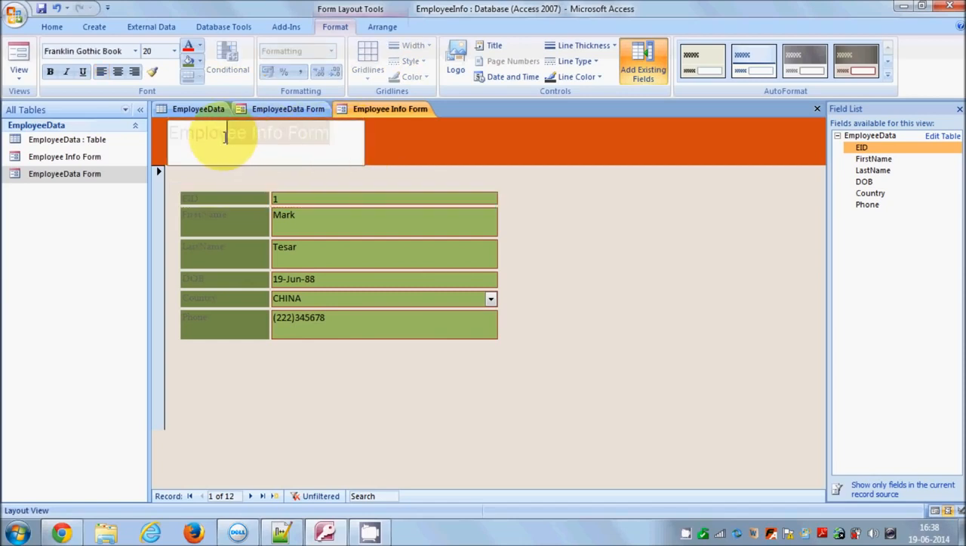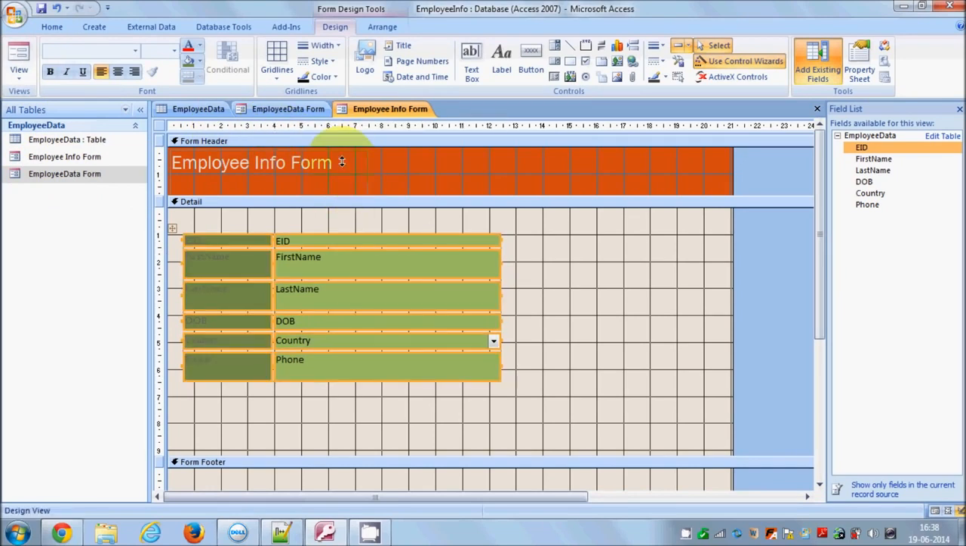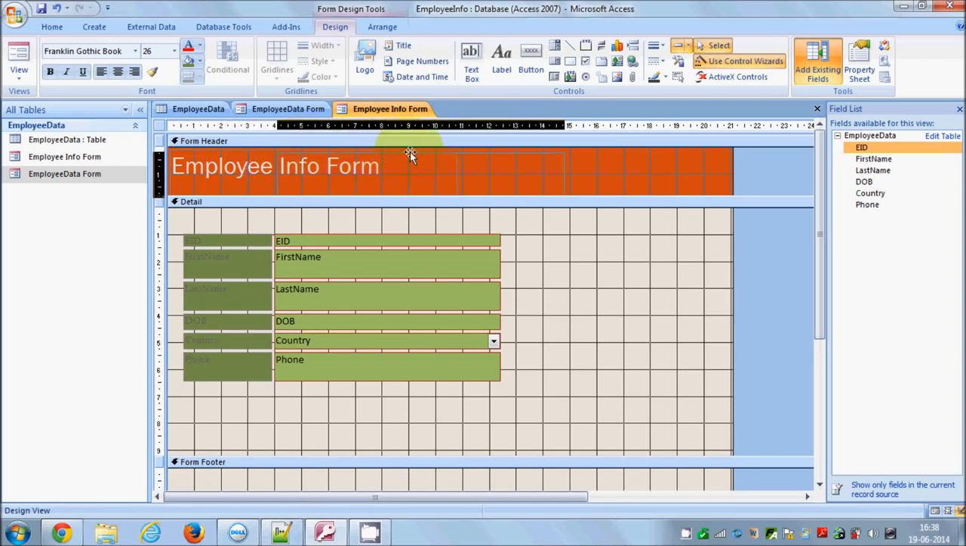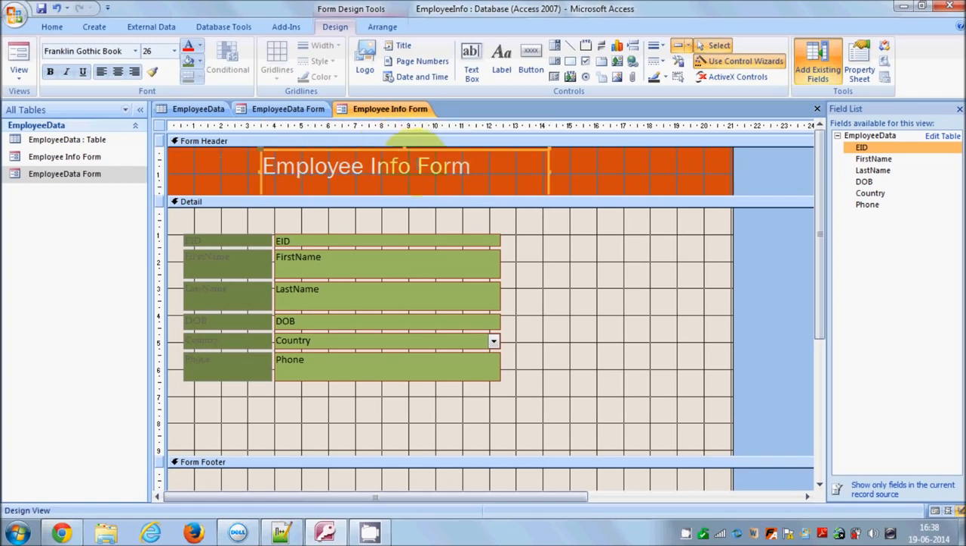And I want to, for example, change the font size. I will once again go to the design view. I can move this title wherever I want. So for example, first of all, I change the font size, and font size will be, for example, 26. I can make it bigger so it can fit, and I want to make it in the middle. Okay. Once again, I will go to the layout view,